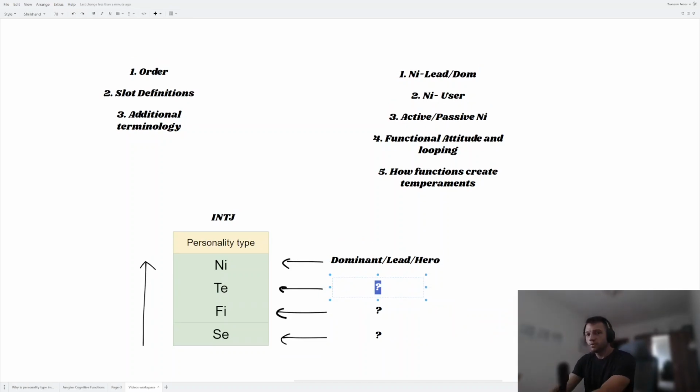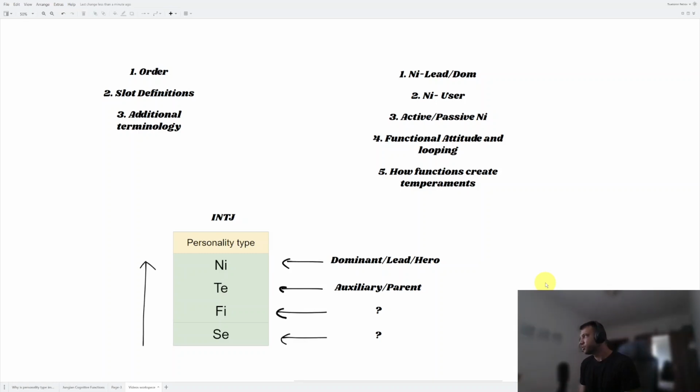So for the second one, we usually use the terminology secondary, or I think the most common is auxiliary, or parent. If we continue with these mythological references, the first function is the hero, the second one is the parent. If we want to explain it again in this mythological sense, the one important thing about the parent function is that it is in the opposite direction to the first one. So if the first one was introverted, the second one is extroverted,